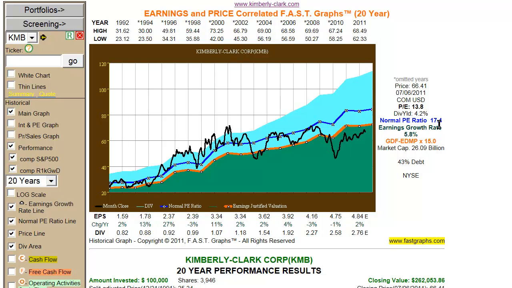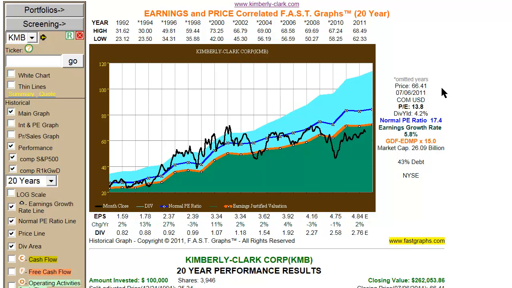You can look at this, and this line turns out to be 17.4 in this example, and you can see how often the black monthly closing stock price line either traded above that price earnings ratio or below it. The light blue area connotes dividends that are paid out of the green shaded area, which is a mountain chart of earnings. So visually, you can look at how the price action of the company has been historically, what its earnings achievement has been, how the market has normally capitalized it, and then there's a lot of data to the side